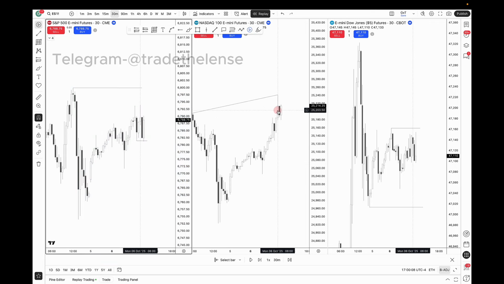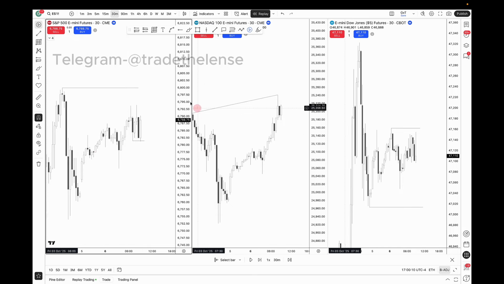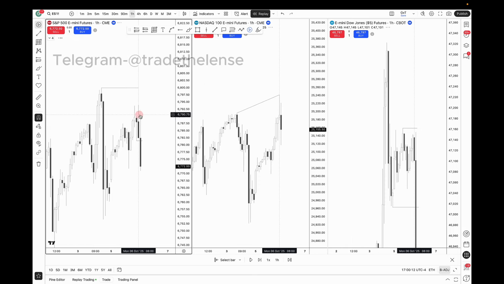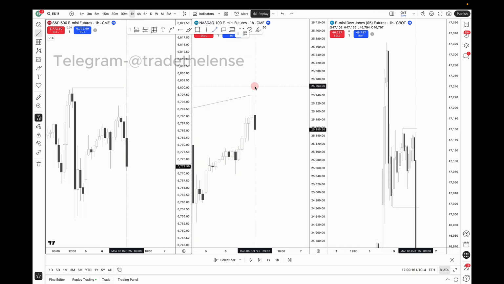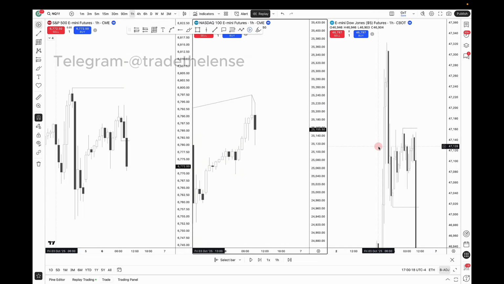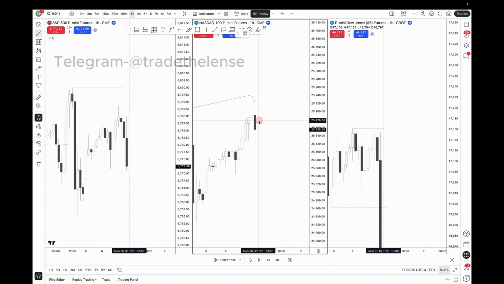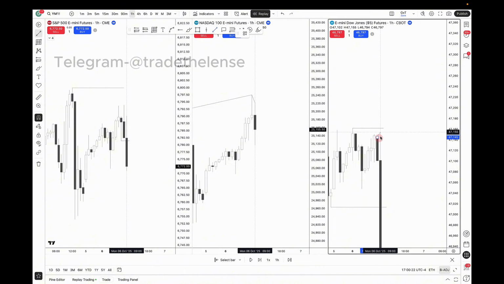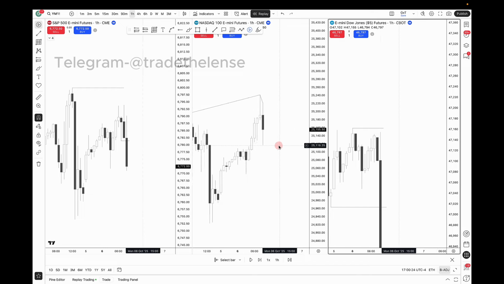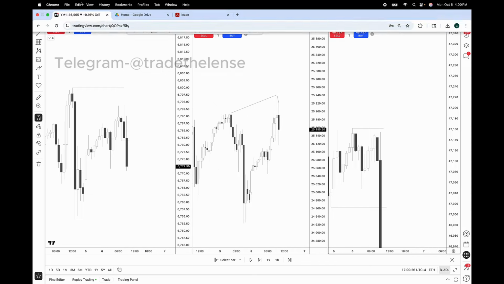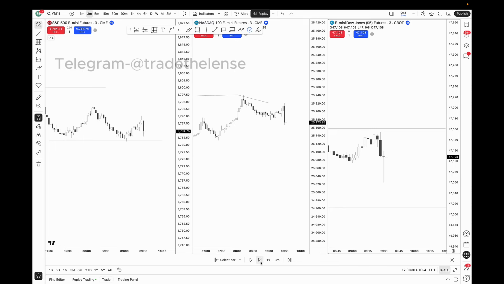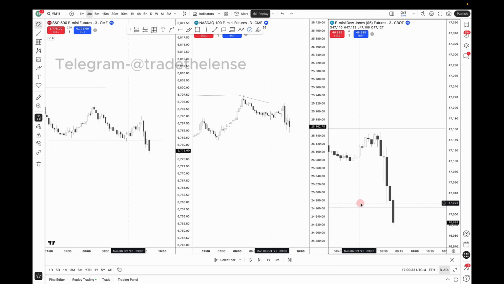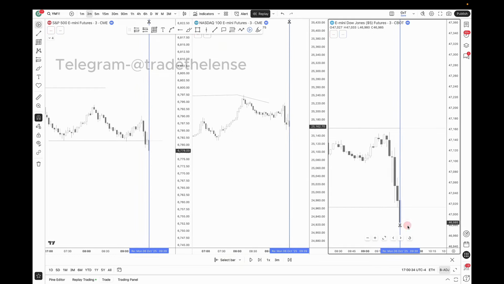Because here NQ doesn't really look like it's reversing. Anyways, yes, we do have a strength switch though. If you look here, we have a PSP, we have the SMT, and then you get this little SMT right there. Boom. That little strength switch, you see that? So we do have that, and then the driver starts to expand away, but I can only trust that when the driver expands away. So here's the driver, boom, it's expanding away. At this point, YM trades into low.